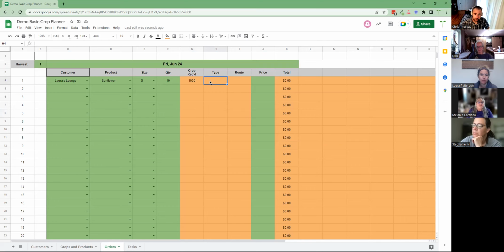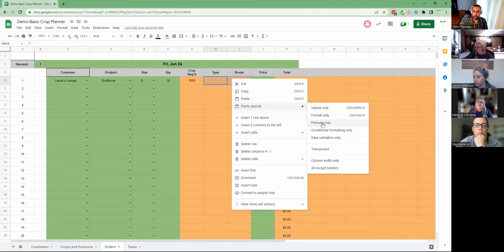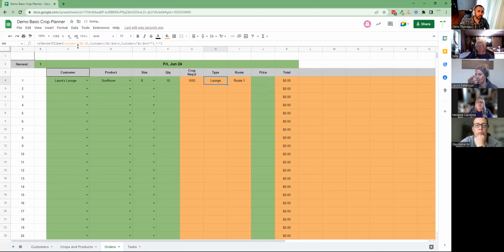Now we're going to filter types. So I'm going to filter my customers this time. So my formula there, which I will copy. Actually, we'll do customer and route at the same time here. Paste formula. So it's basically saying, go to customers, look for column B. So here we're sorting by columns. Column B is our types. So I want you to filter the column type where customer in column A equals this, and where it isn't